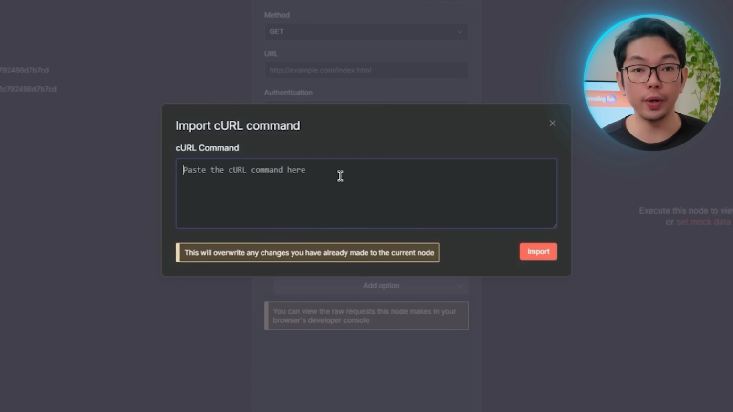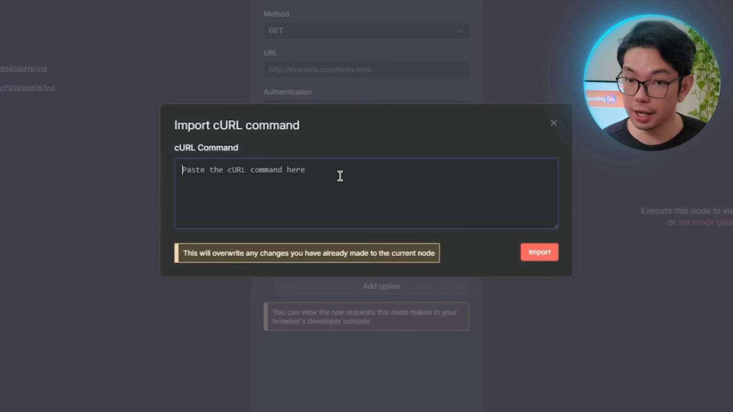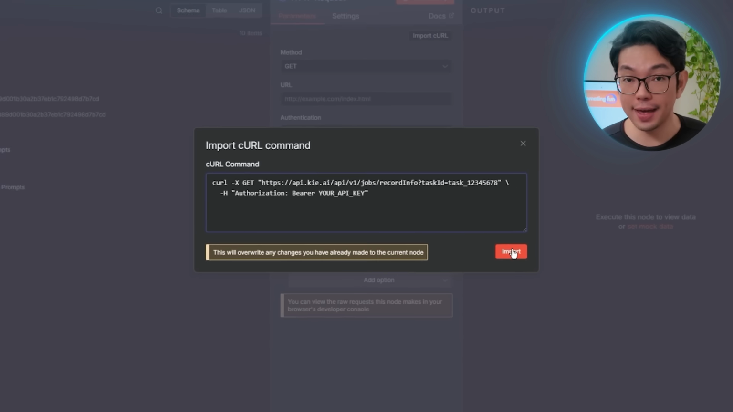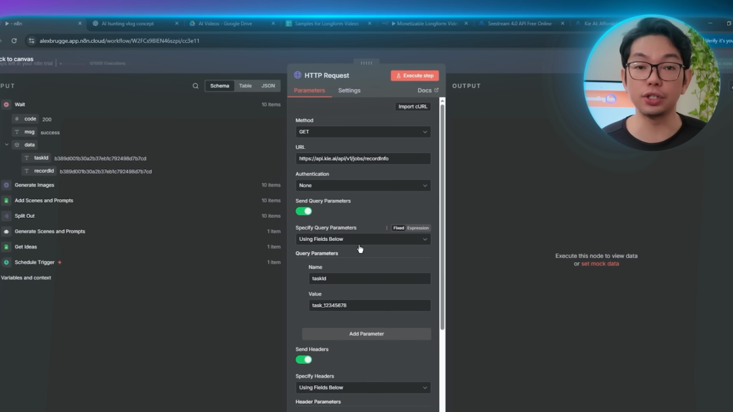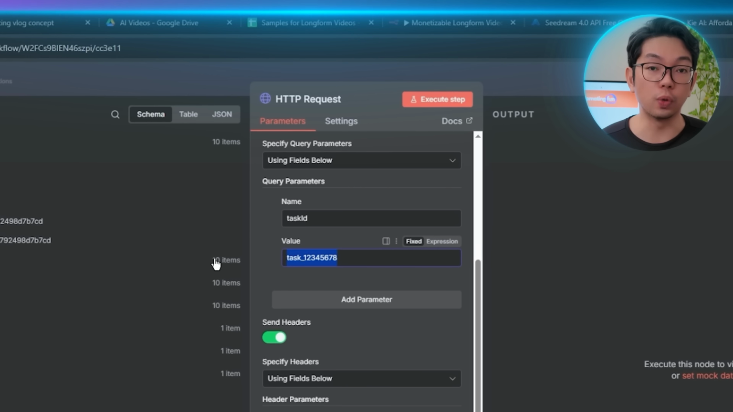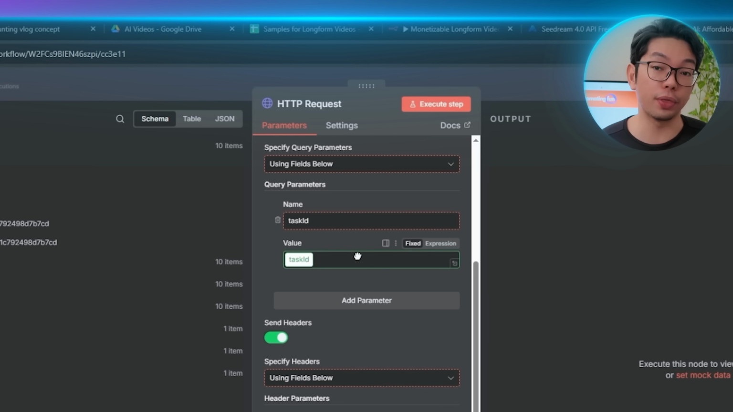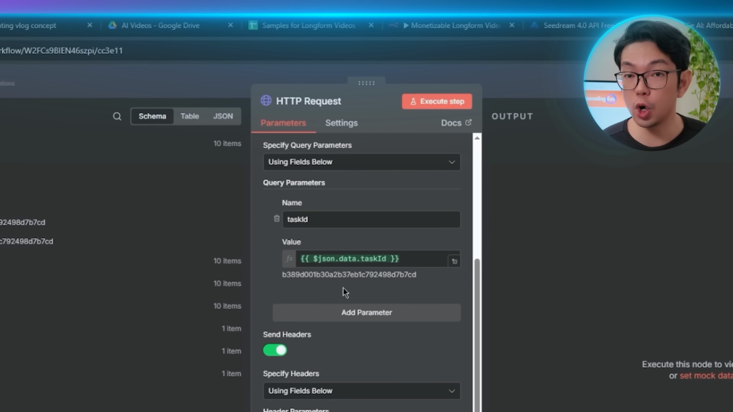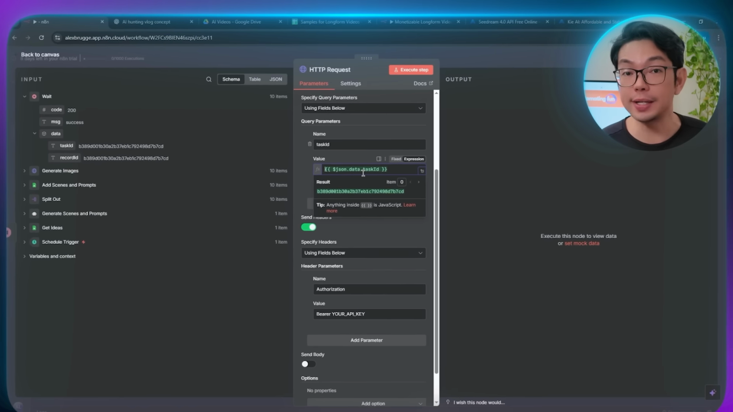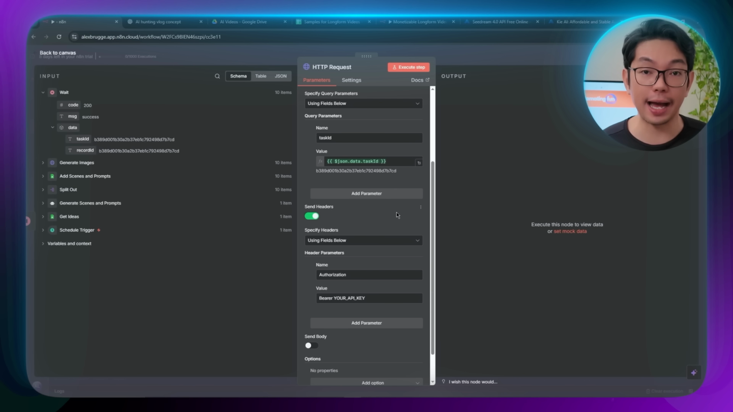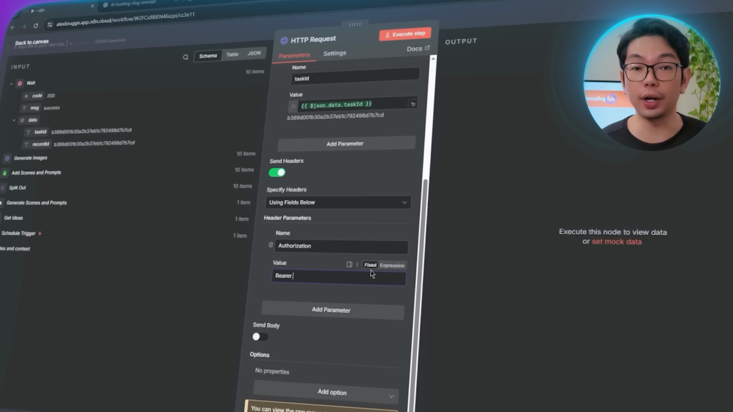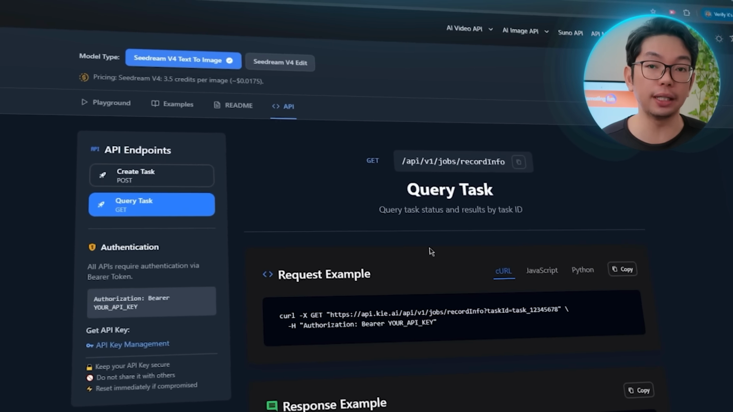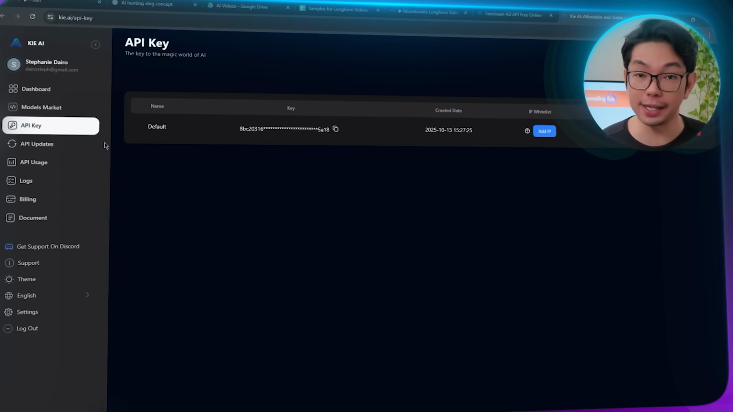Open our new node, click import curl, paste the command, and then hit import. Doing that automatically sets up the base configuration for us. Next, we'll adjust the details to connect it to our workflow. In the URL, replace the task ID with the one coming from our previous node using an expression so it dynamically fetches the right task every time. Then we'll go to the authorization header and swap out the placeholder key with our own Kai AI API key